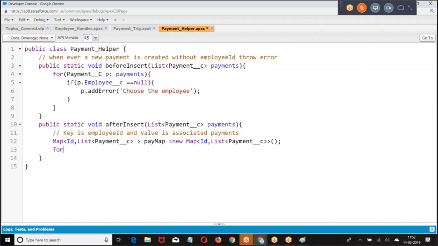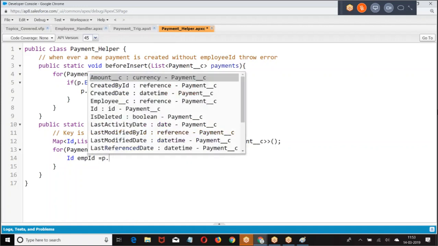Then what we are going to take for payment? Then I told what is the logic? ID, employee ID equal to P dot.